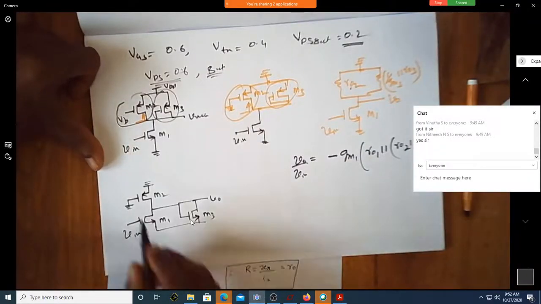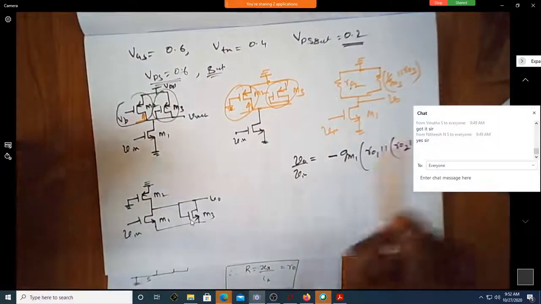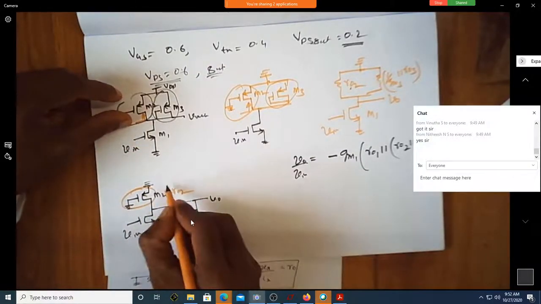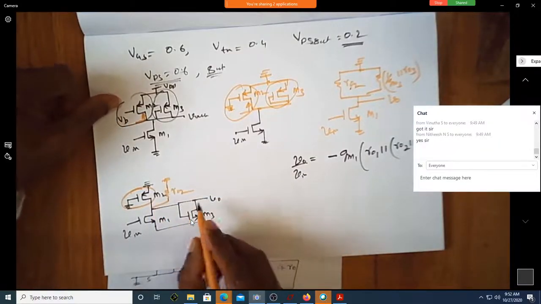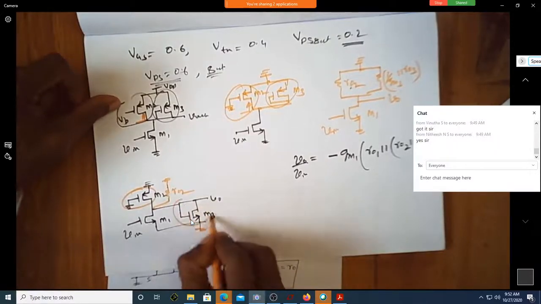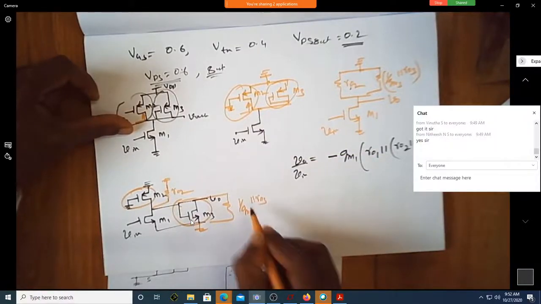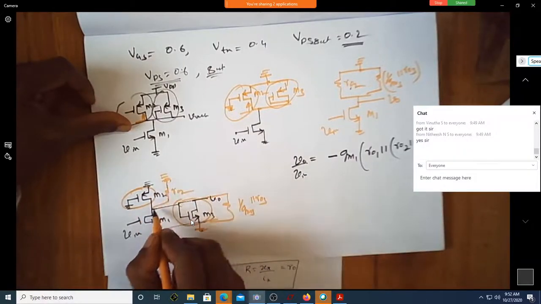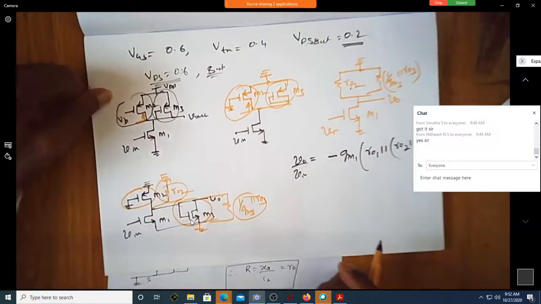See, now this is AC grounded. This is also AC grounded. What is the effective resistance? Shall I replace this by R02? Can you see this is grounded here and this is going here? So now how about this? 1 over GM3 is also grounded. Is it not 1 over GM3 in parallel with R03? Can you see this is grounded, and these two points are common? Are these two not coming in parallel?